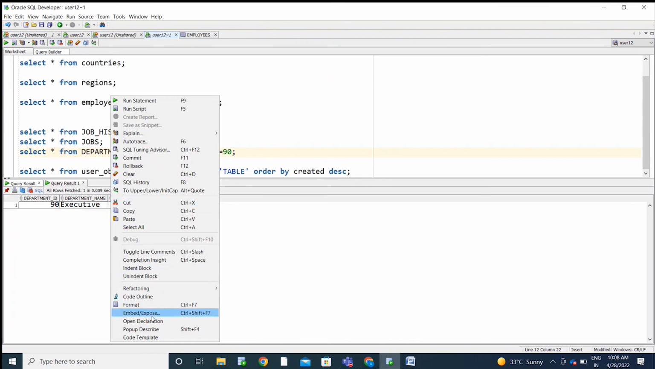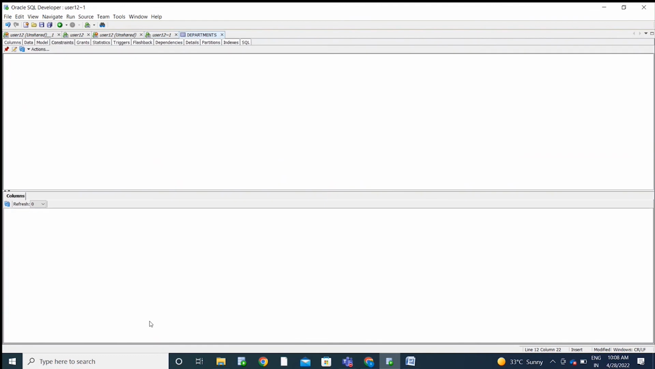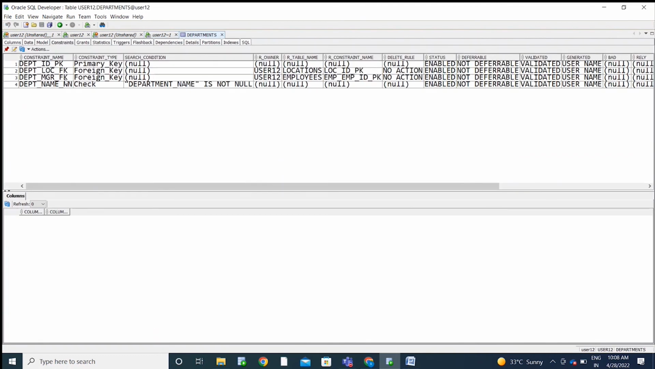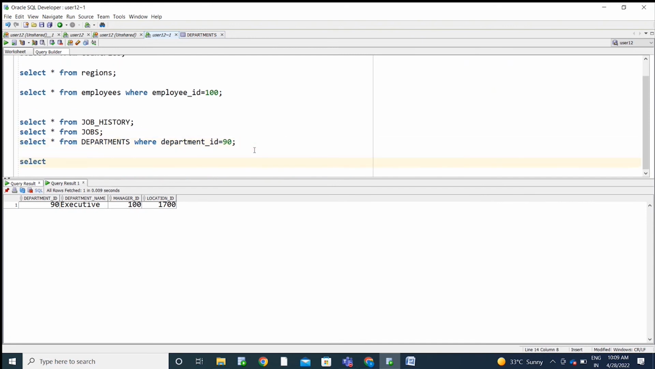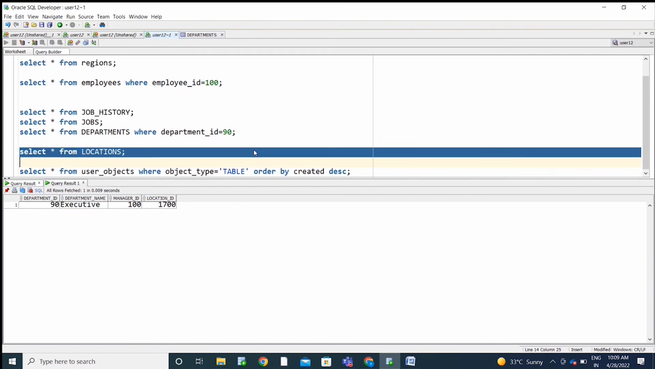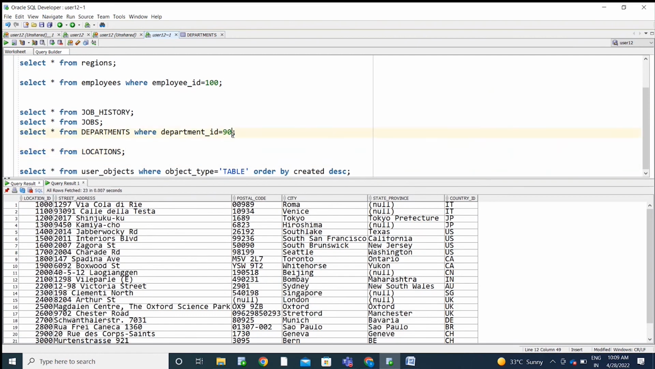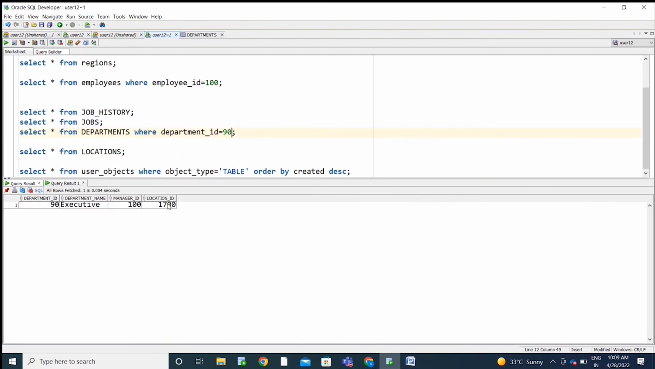Okay, now again declare this, open the declaration. Now see the foreign key, F key. So foreign key for which column? Location ID. For location ID, whom are we referencing here? See, the reference table is locations. We are referencing the column in the locations table. So consider this. Select star from locations. The department location ID is 1700,